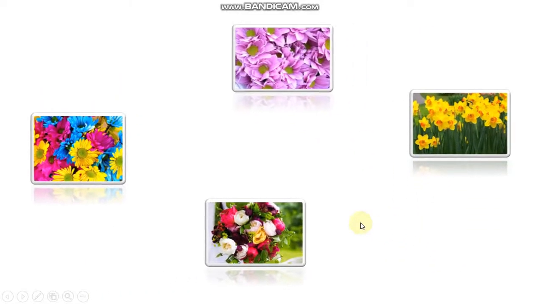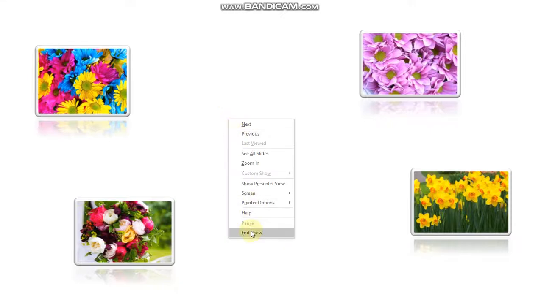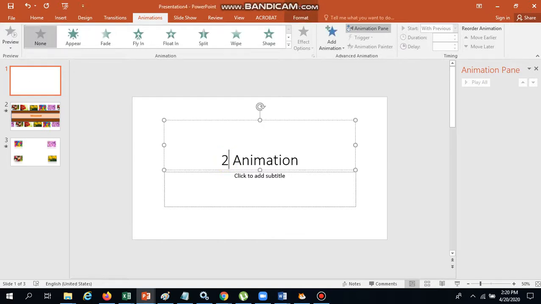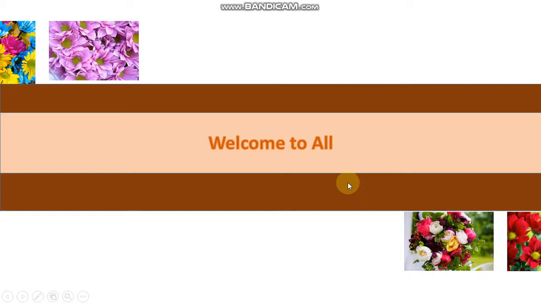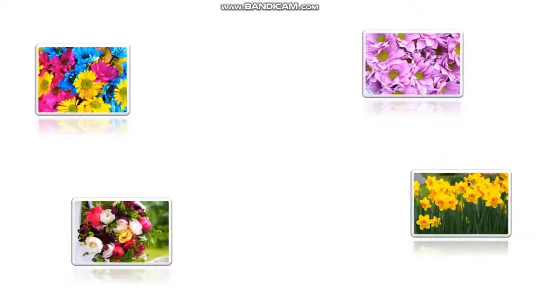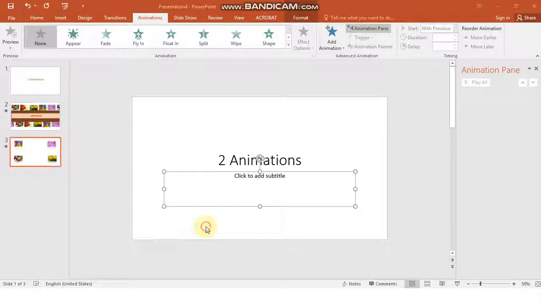This is your second slide. Okay children, for your third slide we don't have proper time, so you can see it in your next class. So you are completing only these two things now. It's not 3 animations; you complete just 2 animations. Then you just play this. This is your first animation, then this is your second animation. These 2 animations you are completing and sending now. Okay, that's it.